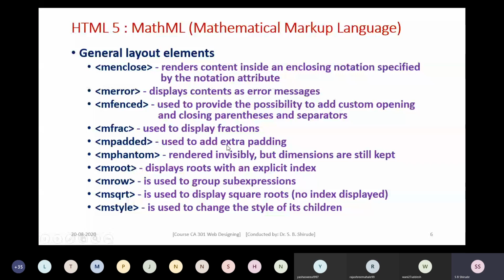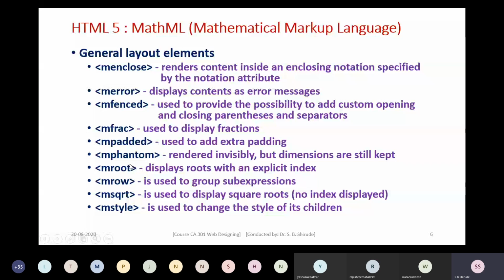Then mphantom. This mphantom is an element which is rendered invisibly. Whatever you include in mphantom will not be displayed, but the dimensions of that particular element, its height and its width, will be there. For example, sometimes when you are writing an equation and solving it, you want to disable some particular identifier or operator for some time.